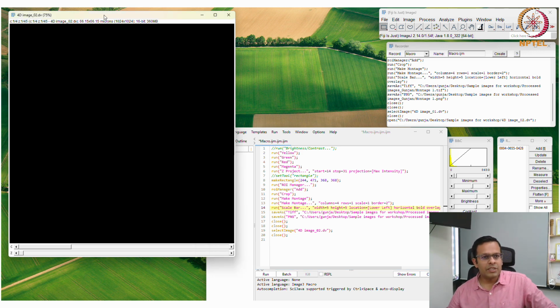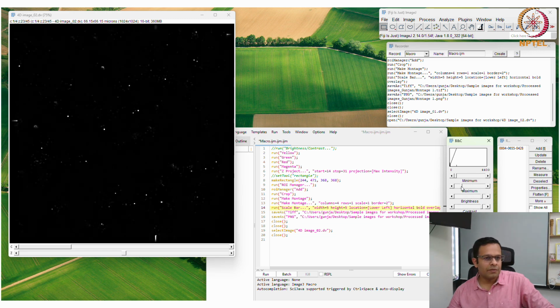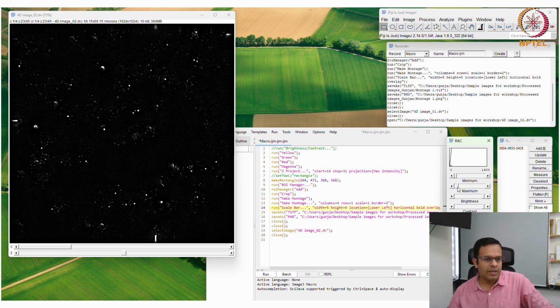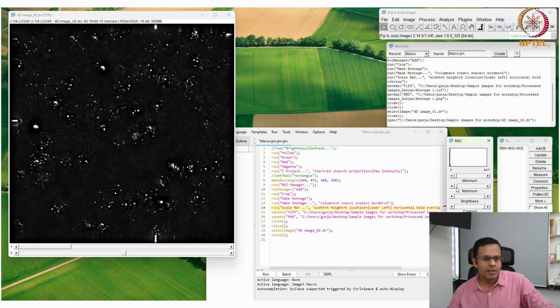Now, you open this image, and similarly you need to adjust the brightness and contrast. Brightness and contrast will not be adjusted automatically through this macro. So again I will go to the brightness and contrast adjustment tool, and I'm at the middle of the Z stack. Keeping the middle of the Z stack, I will adjust the brightness and contrast so that I can see the structures. So let's say in the first image, the single mRNA molecules are visible with this brightness and contrast.